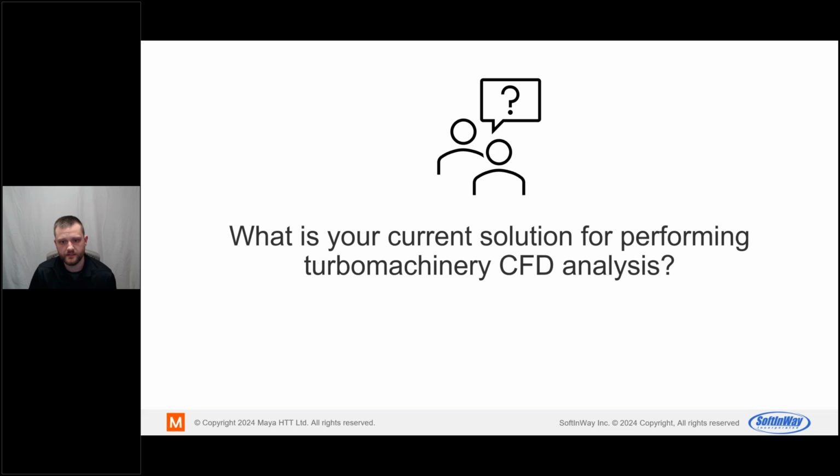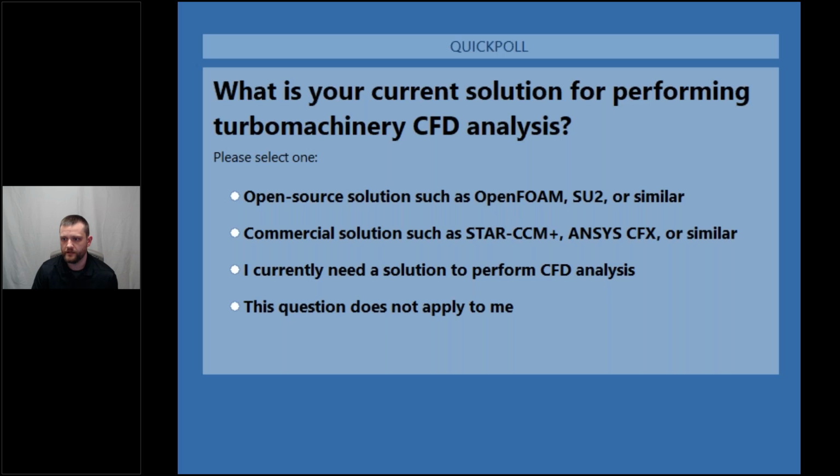Before we jump into talking about Star, we'll do our second to last poll here, which is looking at, if you're currently doing 3D CFD analysis in your workflow, what's the primary tool you're using? Do you have a need for one?